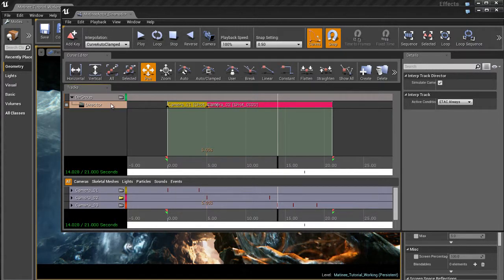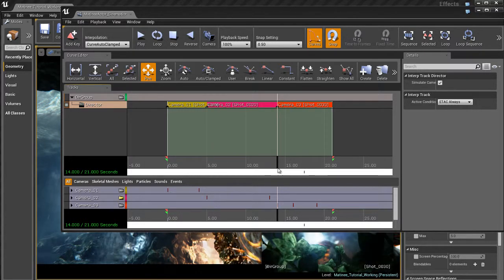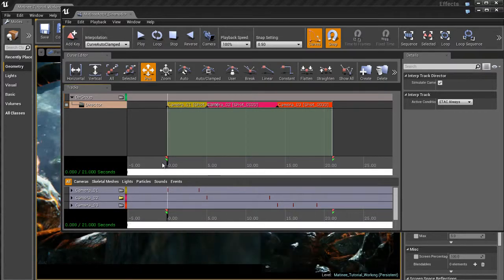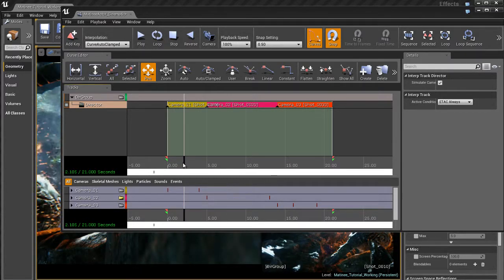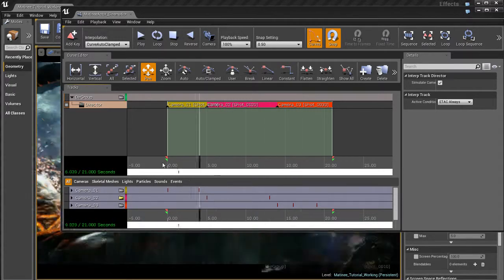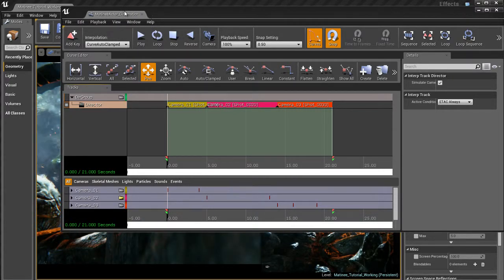This is where camera 3 is going to take over. So we'll click OK. So there's camera 3. And that'll go all the way until the end of our animation, which ends at 21 seconds. So while this thing's yellow here, we're going to have camera 1, then camera 2, then camera 3. And we can actually verify that